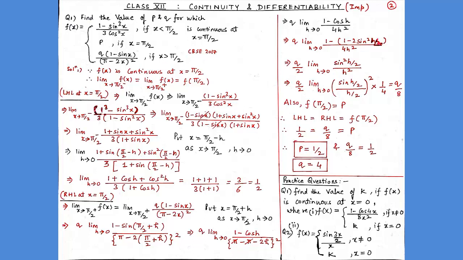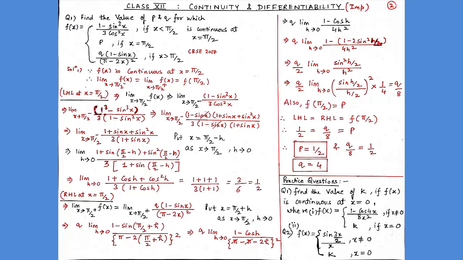So students, we can write this as limit x tends to pi by 2 minus f(x), and this is equal to limit x tends to pi by 2 minus, and in place of f(x), as we know that our function at x less than pi by 2 gives us (1 minus sin cube x) upon 3 cos square x. So from here we can write it as limit x tends to pi by 2 minus (1 minus sin cube x) upon 3 cos square x. And now students, in the numerator, I can write 1 as 1 cube minus sin cube x upon 3, and in place of cos square x, I can write 1 minus sin square x.